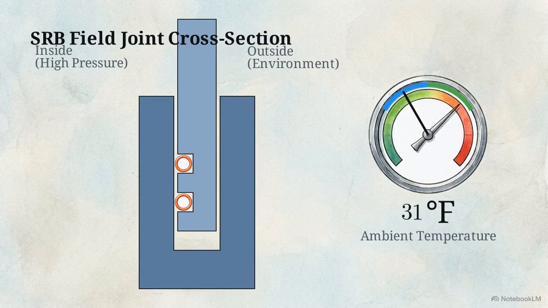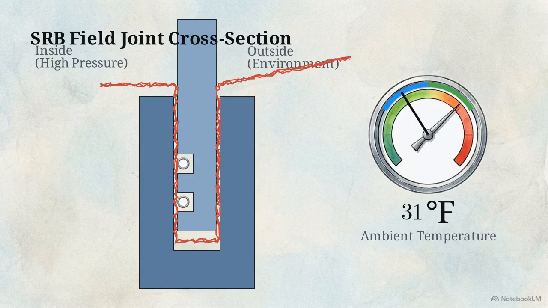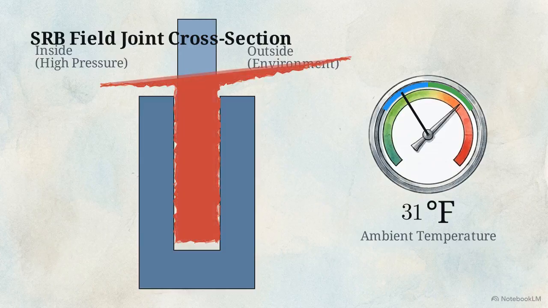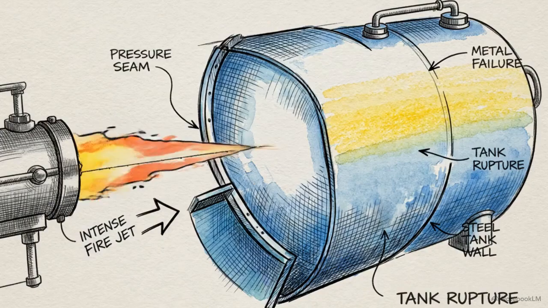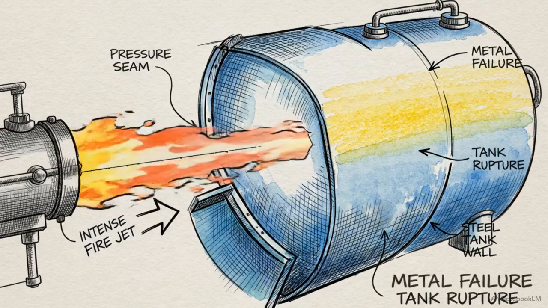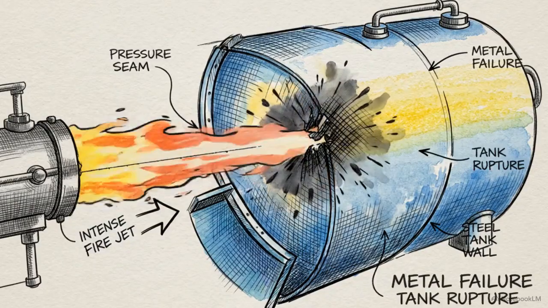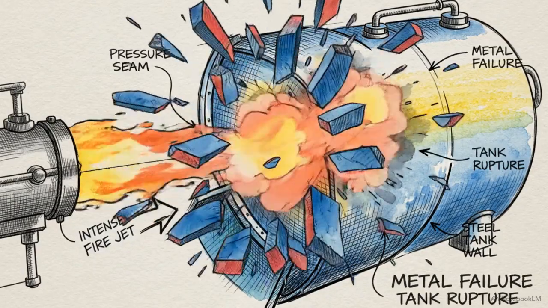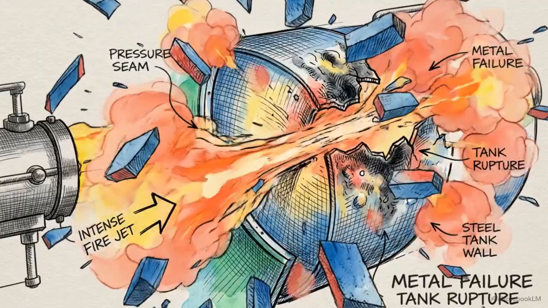The freezing temperatures at the launch pad dropped the material well below that limit. The rubber became stiff and lost its elasticity. It was physically incapable of expanding to seal the gap, allowing superheated gas to burn right through the joint. That escaping thermal energy acted like a blowtorch, rupturing the external fuel tank and instantly destroying the shuttle 73 seconds